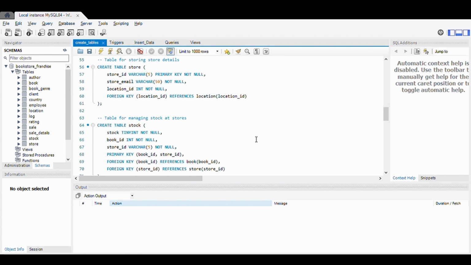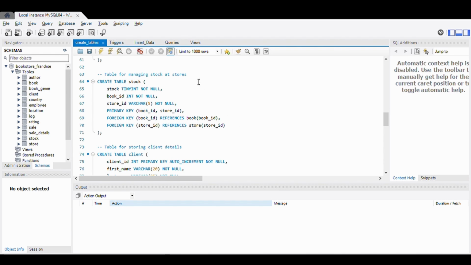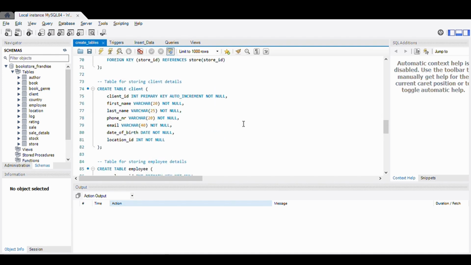The stock table is used to manage the inventory at each store. It links the book ID from the book table with the store ID from the store table and stores the quantity, the stock, available in each store for each book. This table uses a composite primary key of book ID and store ID to ensure that each store's stock is uniquely tracked per book. The client table stores client details including client ID, personal information such as name, phone number,